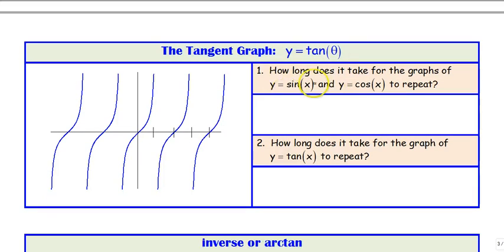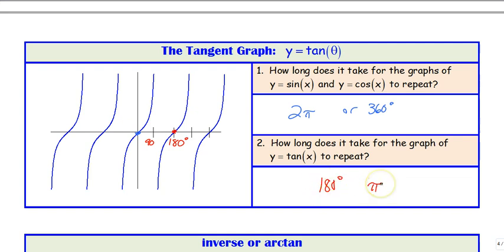Let's look at what it says first. How long does it take for graphs of sine and cosine to repeat? From before, we should say it took 2 pi or 360 degrees. How long does it take for a graph of tangent to repeat? Well, here's 0, and then here's 0 again. Remember, each of these is pi over 2, or 90. So we get back to the same thing again at 180, which makes sense because it goes positive, negative around the unit circle for tangent. So tangent actually repeats every 180 degrees,